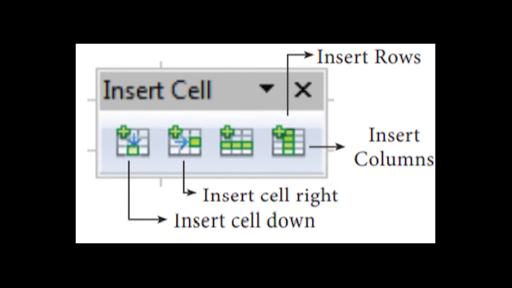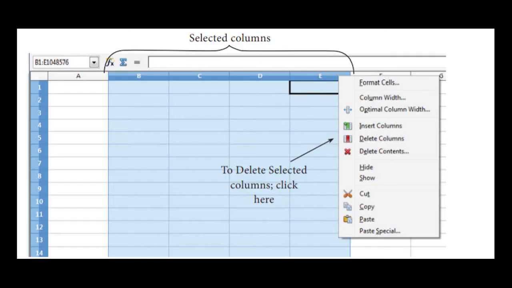Okay, and the next one is deleting columns and rows, right? Multiple columns or rows, or if you want to delete a single row or column, that is also possible. A single column or row can be deleted using the mouse itself. You have to select that particular row, or if you want to delete a column, select that particular column, and then go to Edit and select Delete Cells from the menu bar, or else you can just right click.